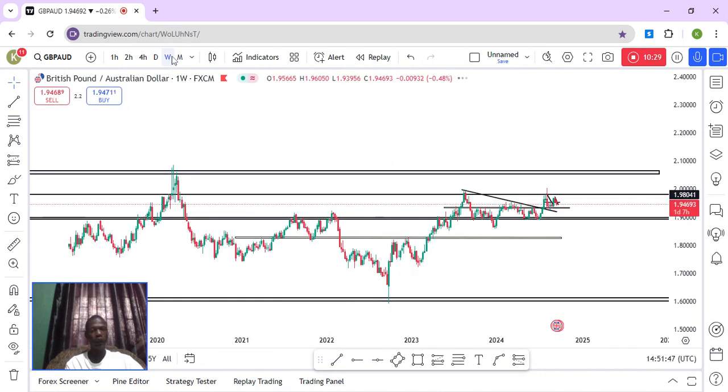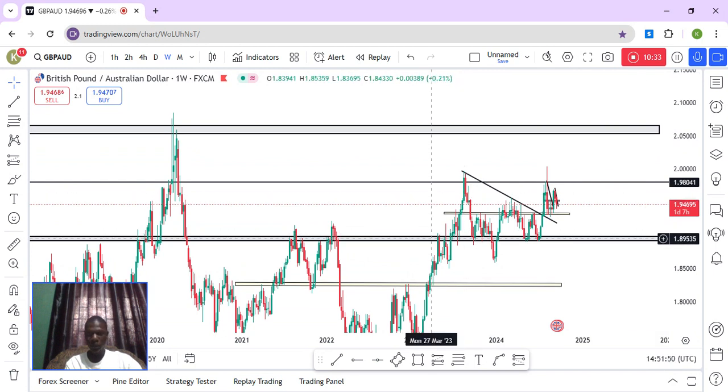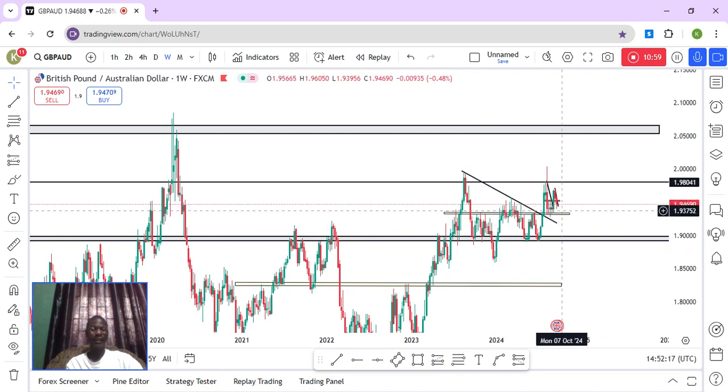So let's go over to the weekly time frame and see what's going on. The market took out this major level too. As you guys can see, that's why I've had a lot of confidence in GBPAUD that it is coming to the 2.1 thousand level. So what's happening on the weekly time frame? As you guys can see, this is the right shoulder, this is the head, and this is the left shoulder. So it broke